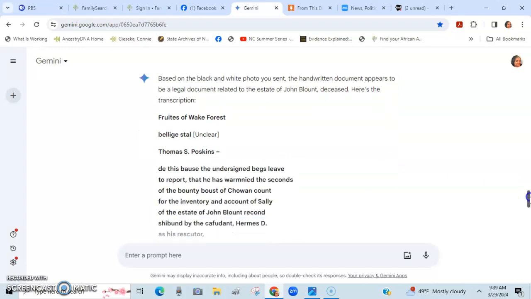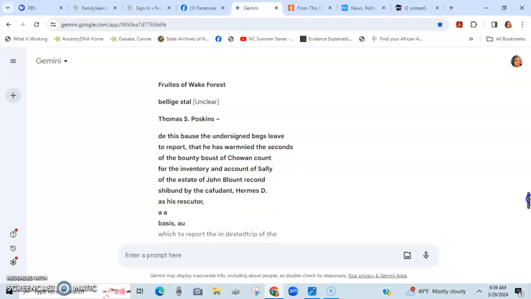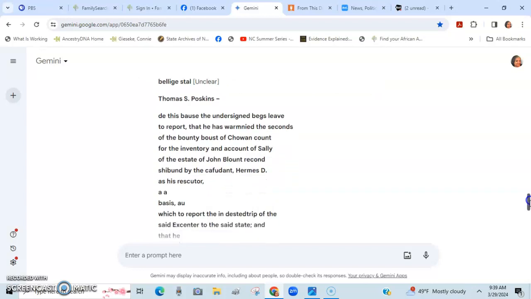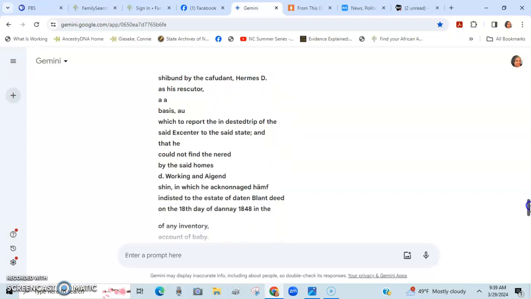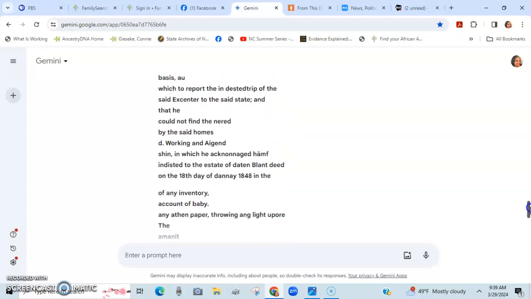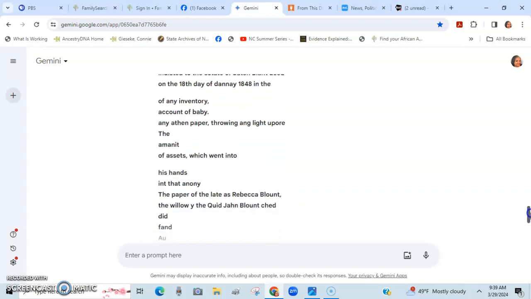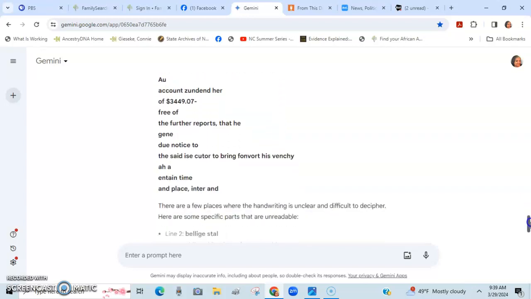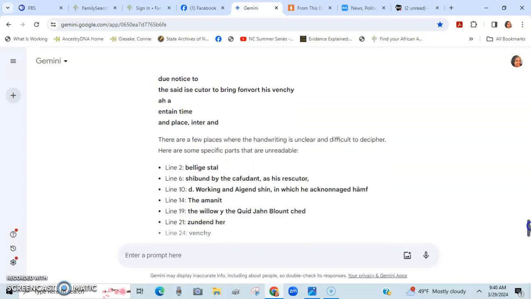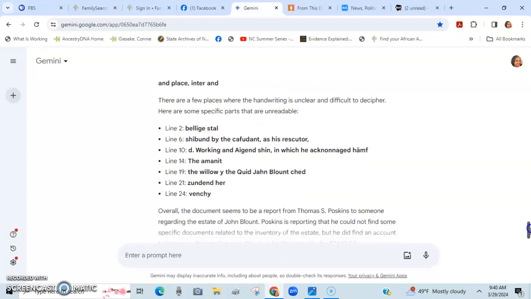You can probably tell, even though you didn't get to read the original document, that this is somewhat nonsensical. I can tell you that a lot of the names are not transcribed correctly, and the wording is just nuts. It doesn't say anything, as you can see. So this was a very, very poor transcription of the document. I did see at the end that they tell you the handwriting is unclear to the AI program in some places, which doesn't help me that much.